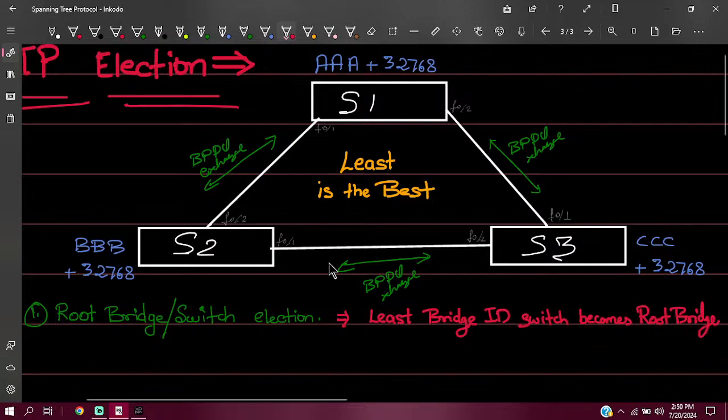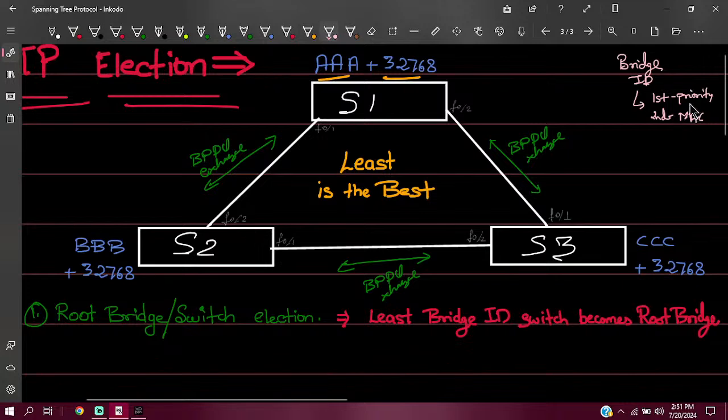तो मैं कैसे पहचानूंगा मेरा लीस्ट ब्रिज आईडी कौन सा है? कैसे देखो, ब्रिज आईडी तो दो चीजों से बनता है, प्रायोरिटी और मैक एड्रेस. क्योंकि प्रायोरिटी इस वक्त कॉमन है, इसलिए हम मैक एड्रेस को टाई ब्रेकर यूज करें. But do remember, in the bridge ID, first preference is given to the priority value for the election,